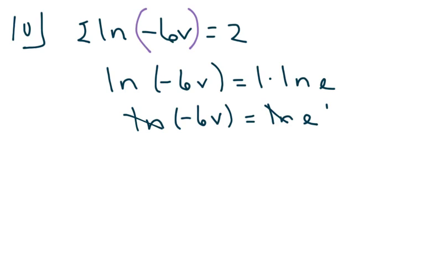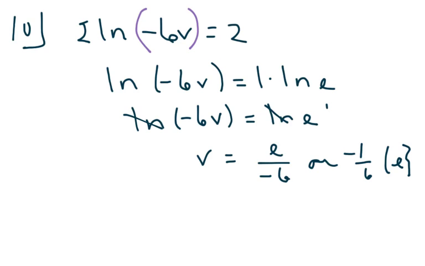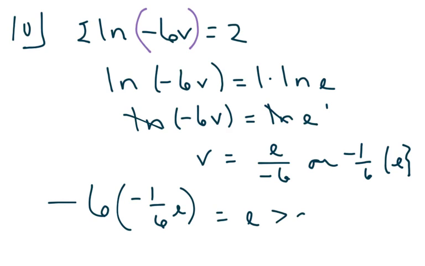To solve for v, we're going to get v equals e over negative 6, or negative 1/6 e. And clearly, when you plug it back in, this one's easy to plug back in. You get positive e, and positive e is bigger than 0. So our solution set is, let me rewrite this, negative 1/6 times e. 11,